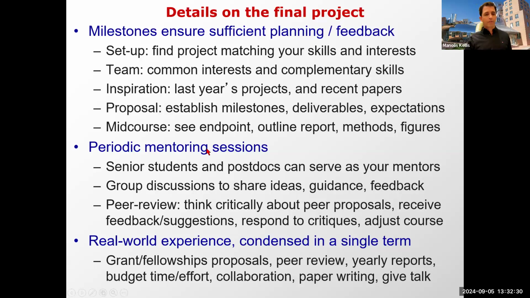And we're going to have periodic mentoring sessions where we're going to team you up, not just with the TAs, but the TAs are going to help you, if you don't do it by yourself, find mentors who are practitioners in that field. Among all of the folks in this class, we represent many different departments, and labs where you're doing your NeurIPS work, your master's, your PhDs. That will allow you to find mentors who can help you on the data sets, on the interpretation, et cetera. And that's part of being a scientist: finding mentors and working with them. Okay.